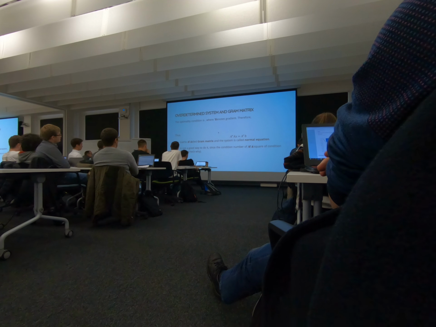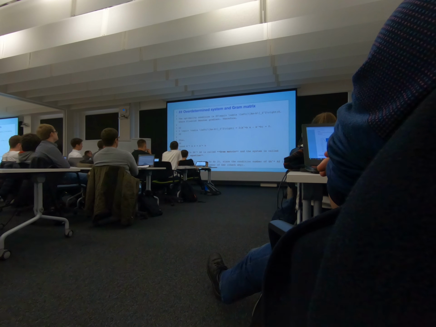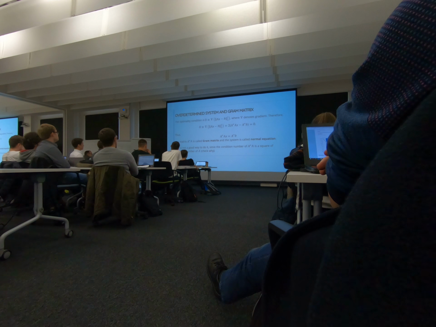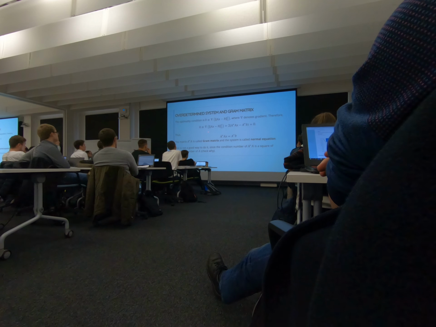If you do it like this, we write down the optimality condition for our functional. Do not forget about the square here, because we will have problems. It's very easy to check that the gradient of this is 2A star Ax minus A star b, and the solution to the